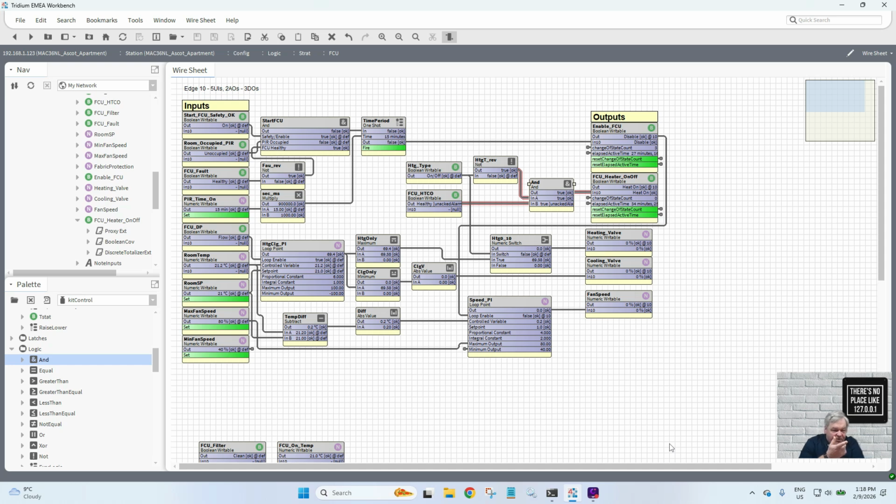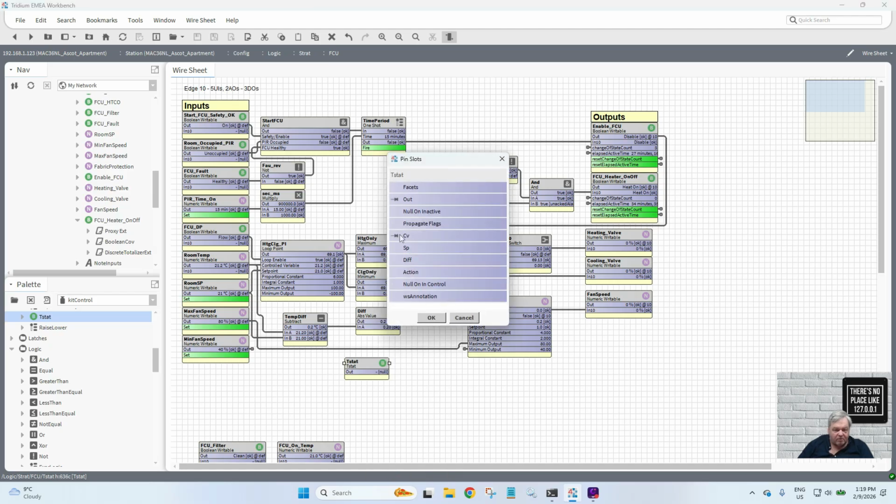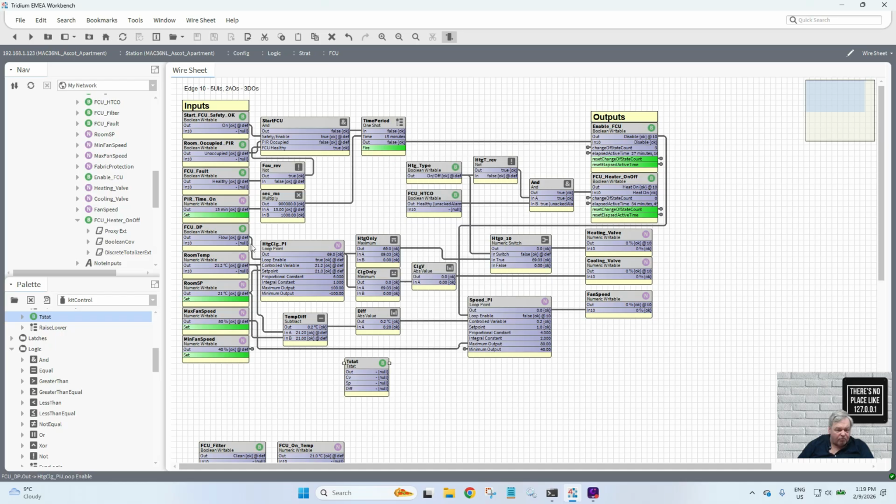Rather than using that, because we're using this, we can use the same, yeah, let's just do a T-stat this time. Because we're going to use exactly the same points, the set point, control variable, set point diff. So control variable is our room temperature, as it's always been, room set point, and our diff,